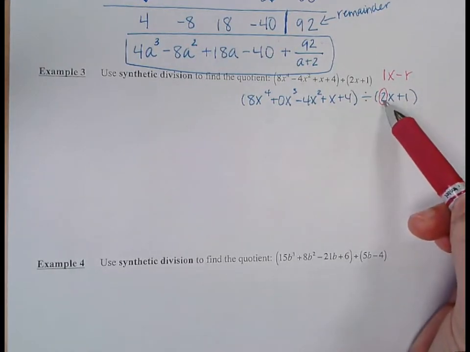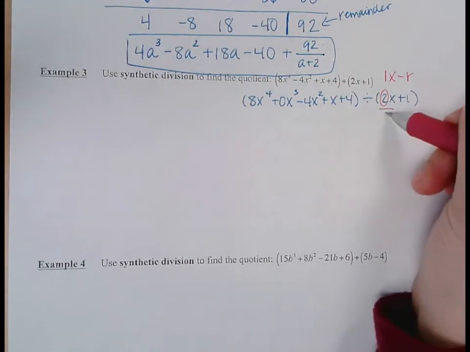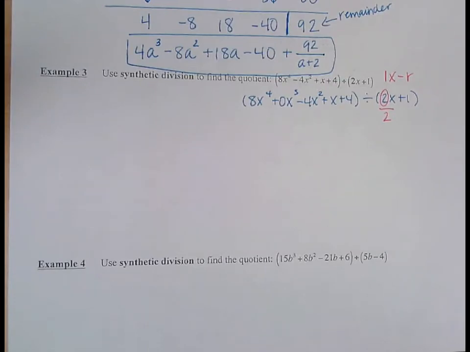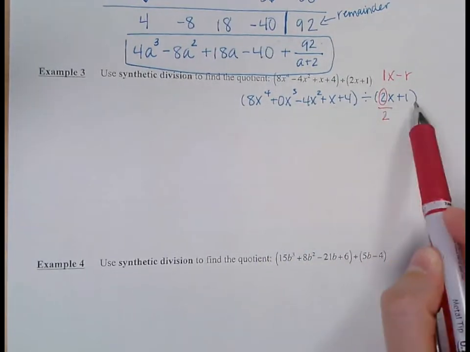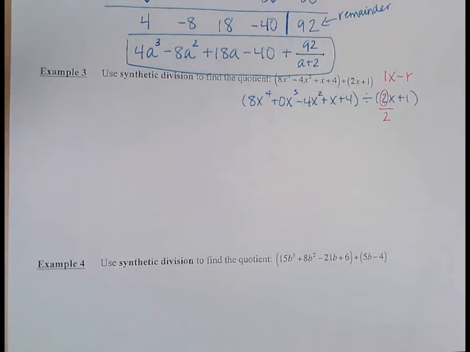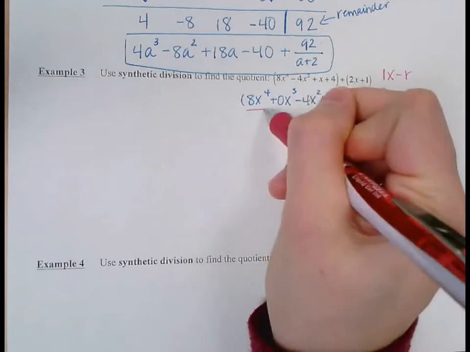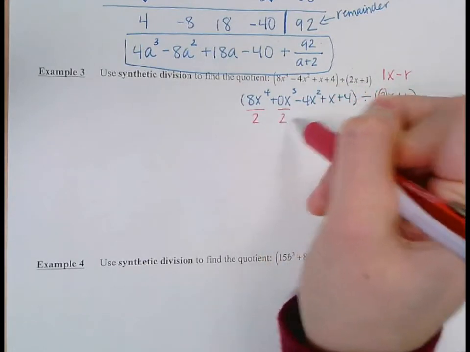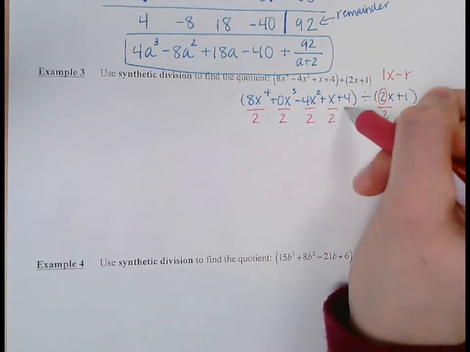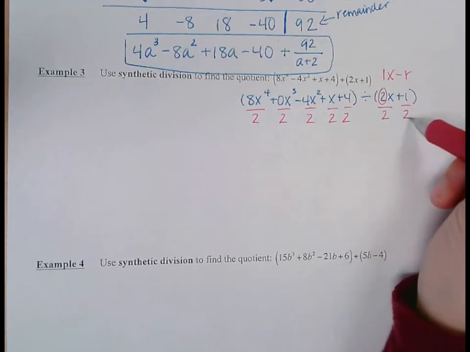So if you have a number in front of the x, you can still do synthetic division, but I have to get rid of this 2 by dividing by 2, but that means I divide every single term in both my dividend and divisor by 2. I have to divide everything by 2 first. So the 8x to the fourth gets divided by 2, everything does. And here's the thing,